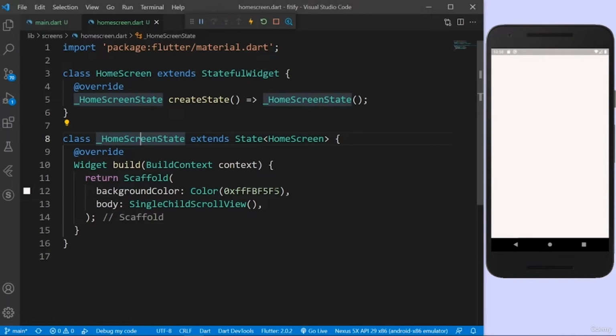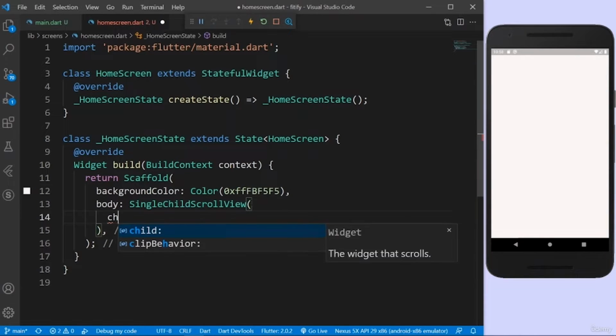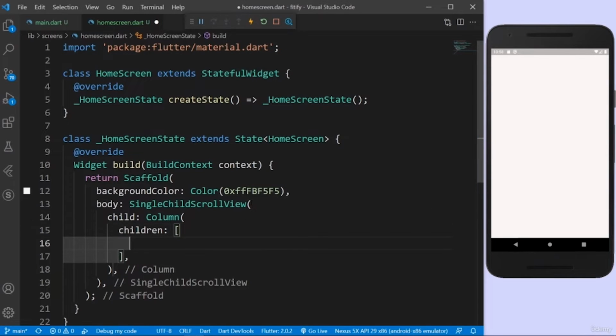So the body is a single child scroll view, and in the single child scroll view, I will have a column because I'll have widgets beneath each other. So the child of the single child scroll view will be a column with multiple children, and the first child is going to be the header of the whole app. So text is going to be, let's give a title. As I said, the title is going to be just Fitify,